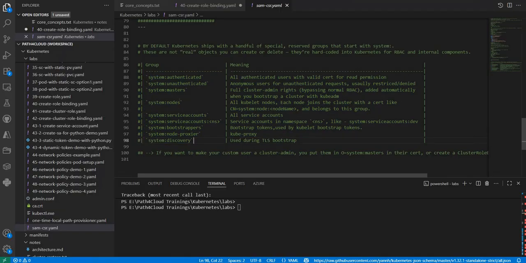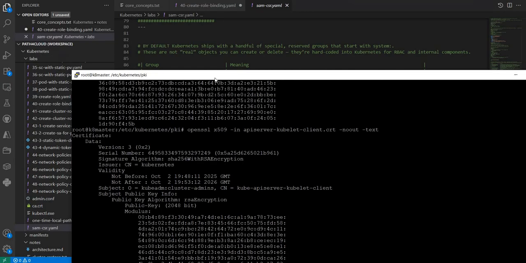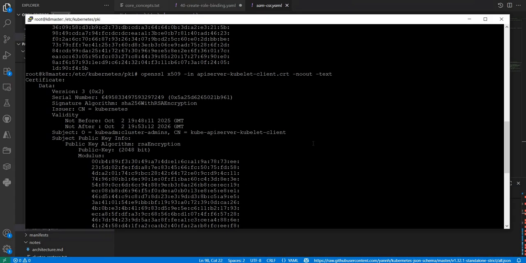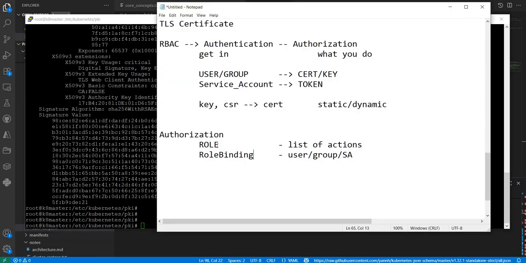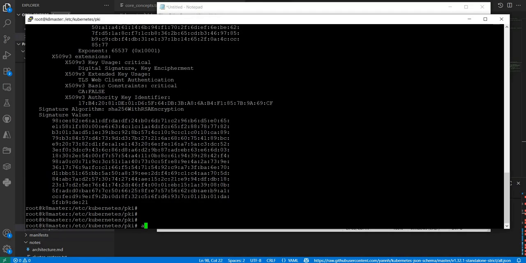But you can create your own user, service account, and you can bind that role and role binding to those, right? So let's come to our cluster. And there is one more thing. When I say role and role binding, right? Let me show you something. kubectl api-resources, and if I just grep for role,